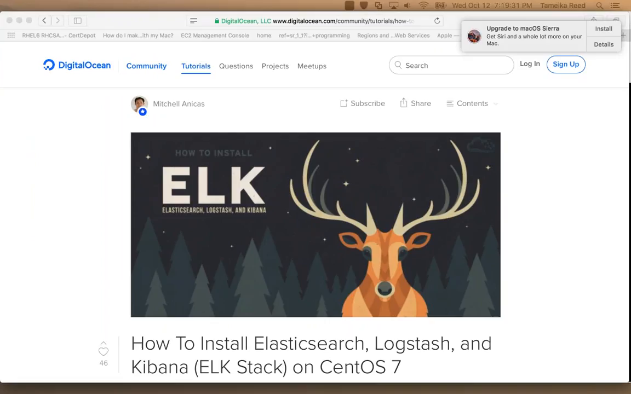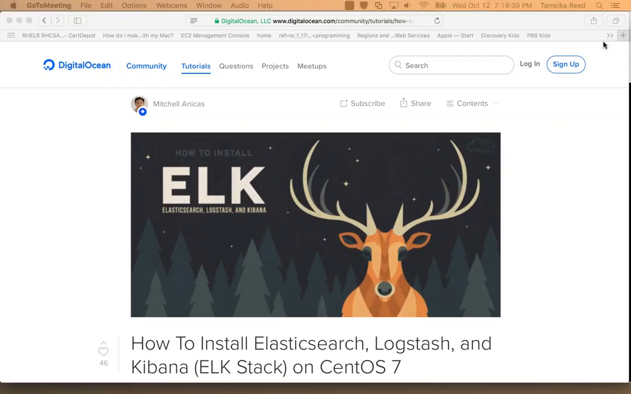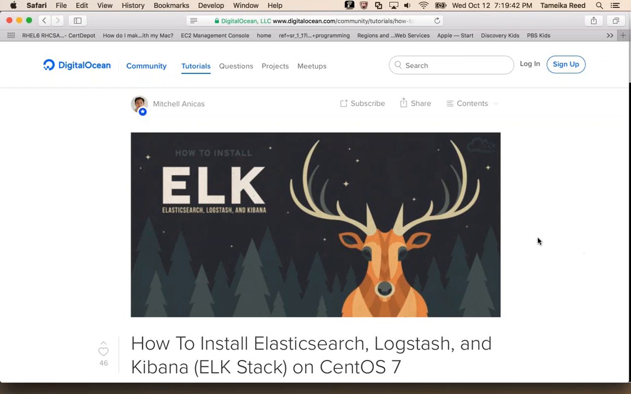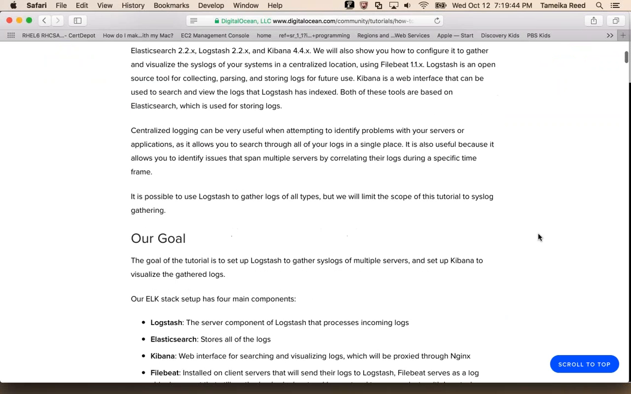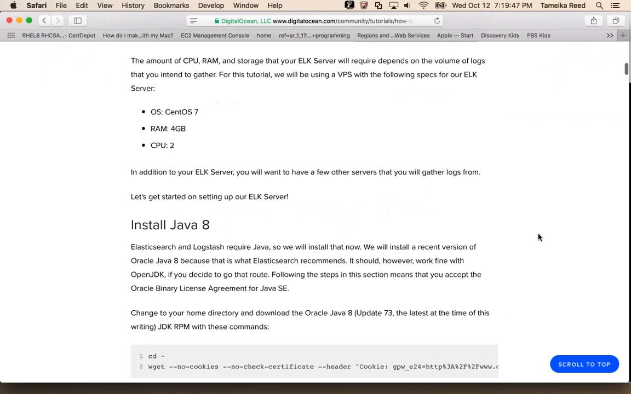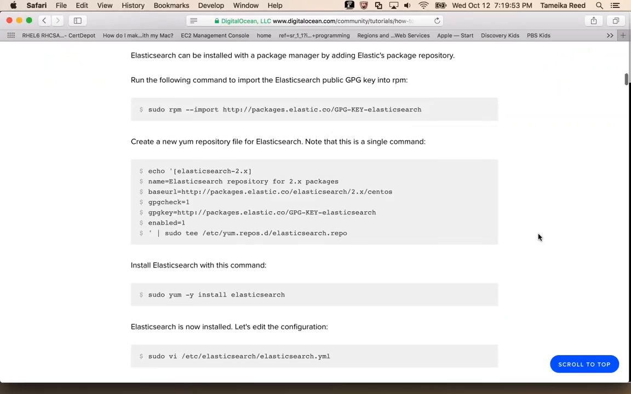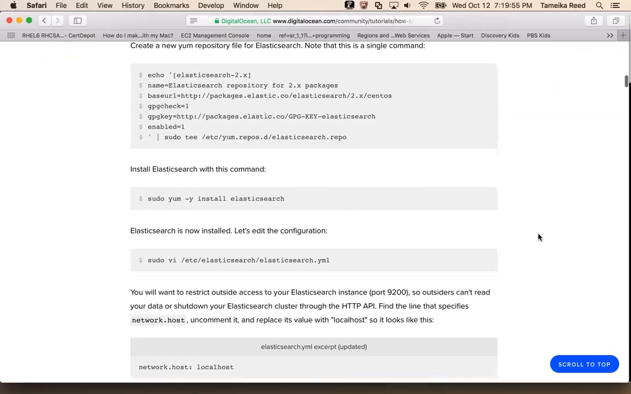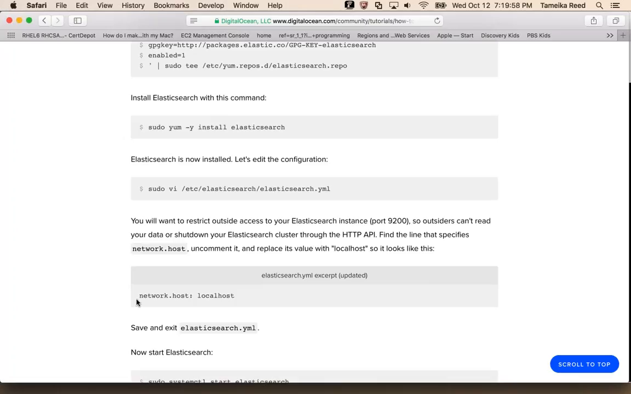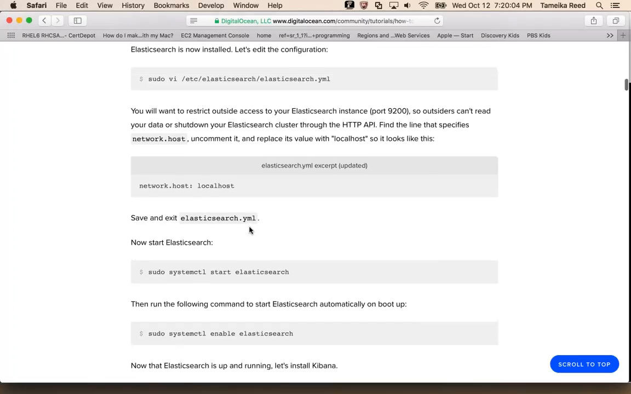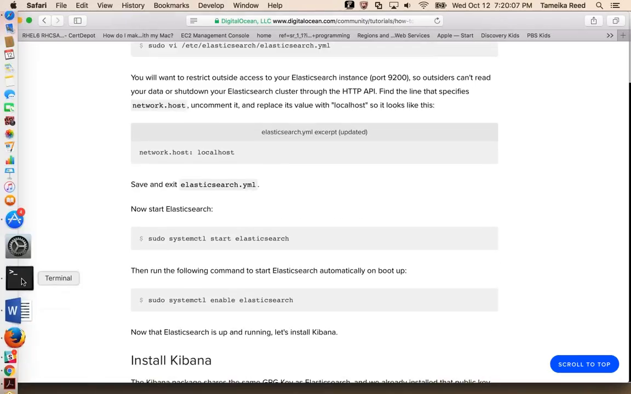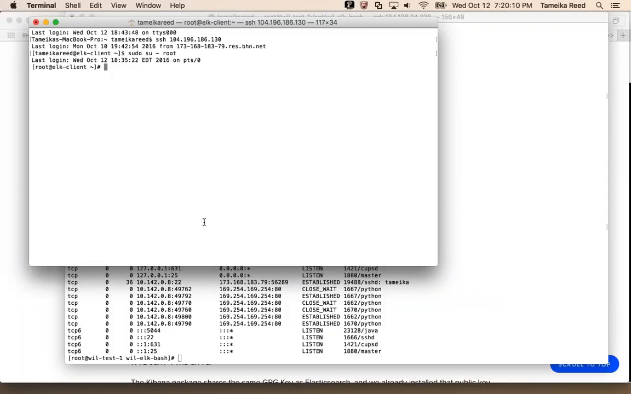Move this out of my way. No, we won't be doing that for right now. Alright, so for Elastic, we did the Java, that works. Now that Elastic is installed, they actually just do network localhost, but that is not the only thing you need to do. So what I had to do was,